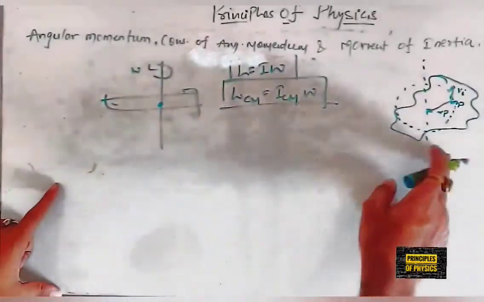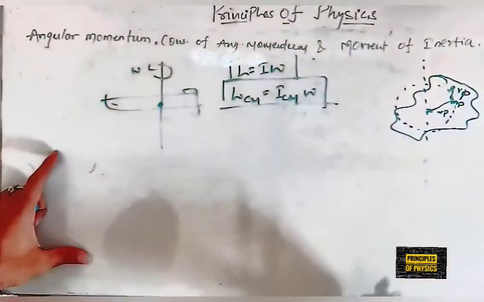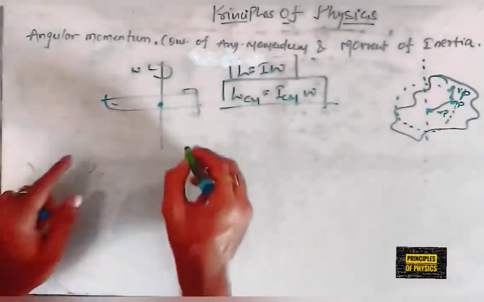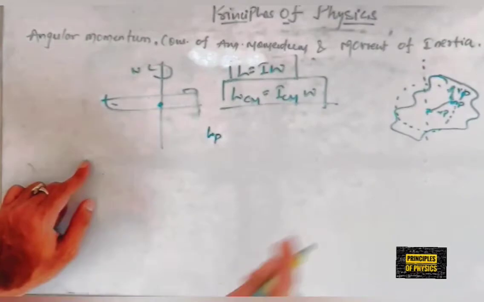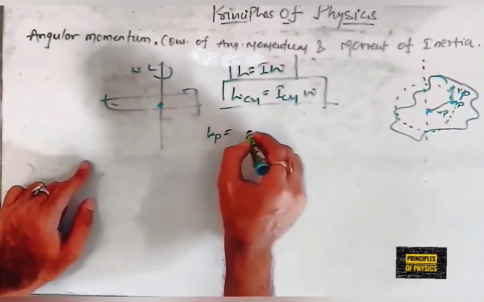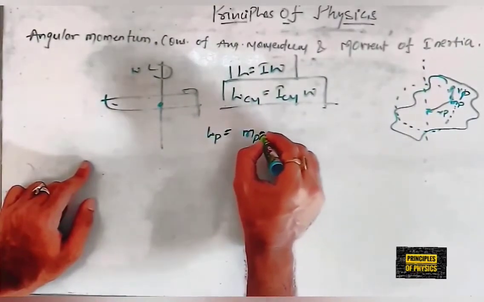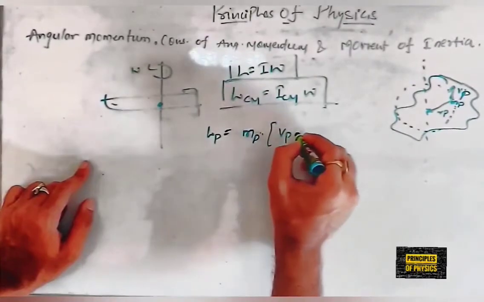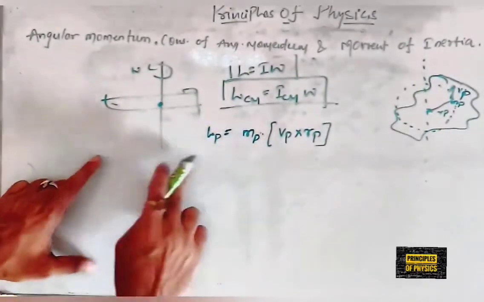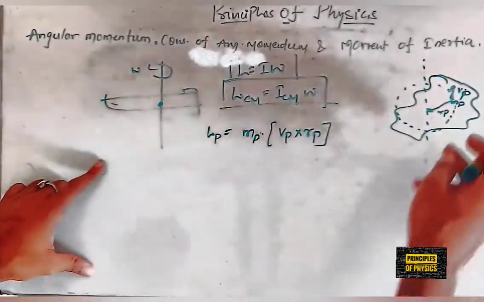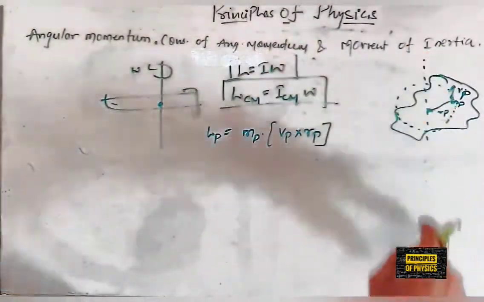So according to this diagram, the mass mp is moving with velocity vp tangentially. So according to the formula, for the pth particle, Lp is given by mp into the cross product of vp into rp. That is the angular momentum of the pth particle rotating along a circular path of radius rp from the center of mass